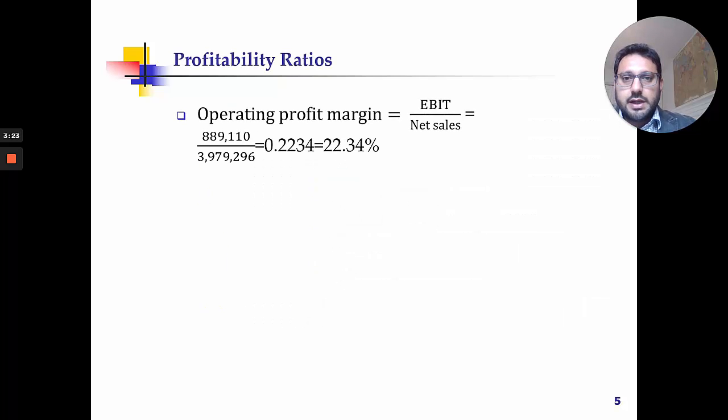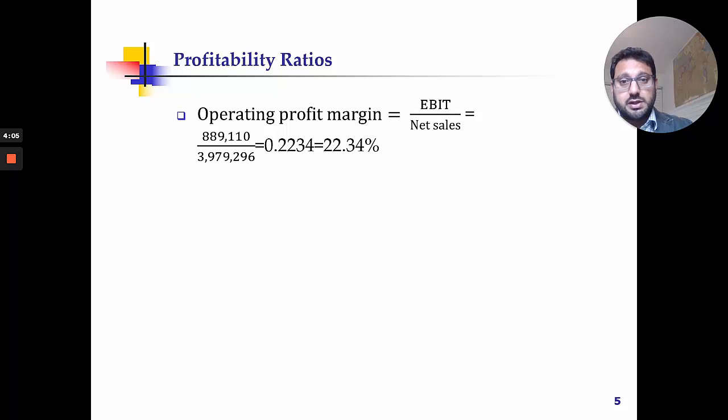Now, for the operating profit margin, we have come to the next level of income, which is the operating income. After subtracting all the operating expenses from the gross profit, we arrive at the operating income, which is EBIT, earnings before interest and tax, and we divide it by the net sales. Again, this is the data from Lululemon's fiscal year 2019 annual report, issued in